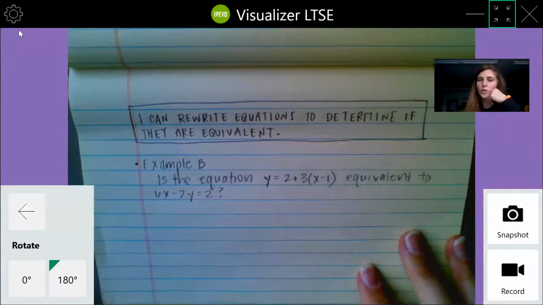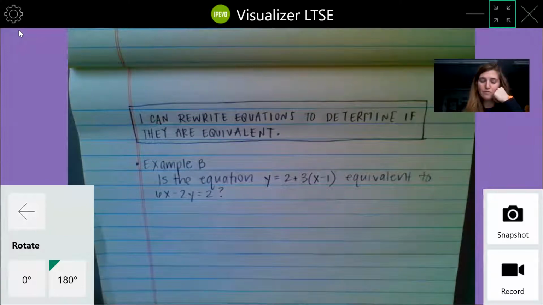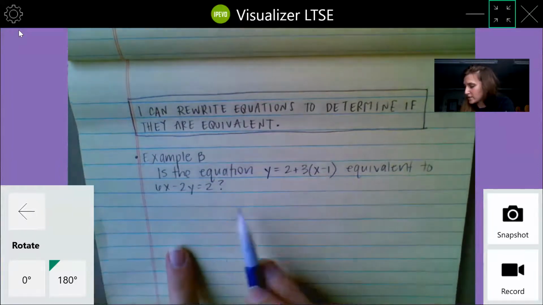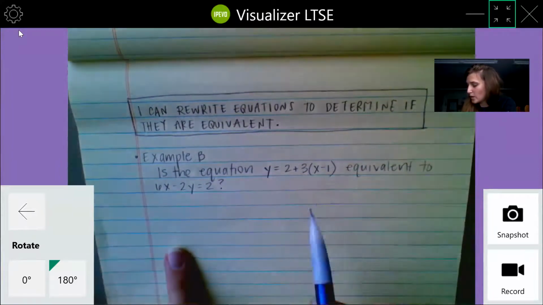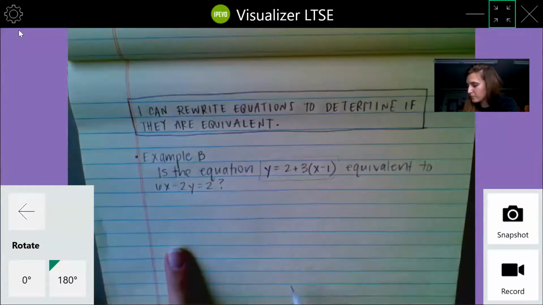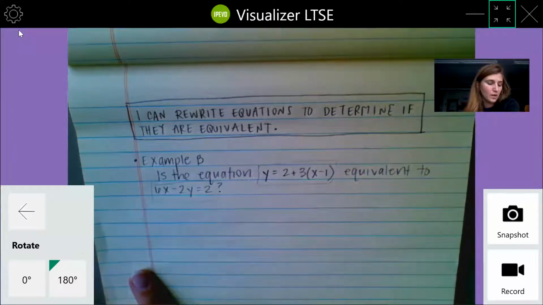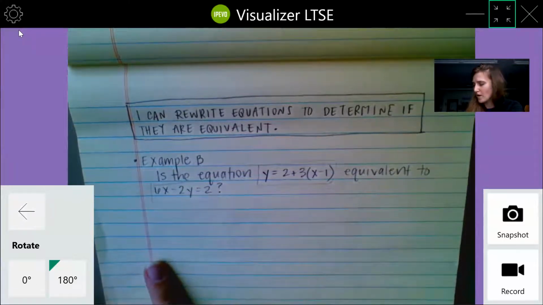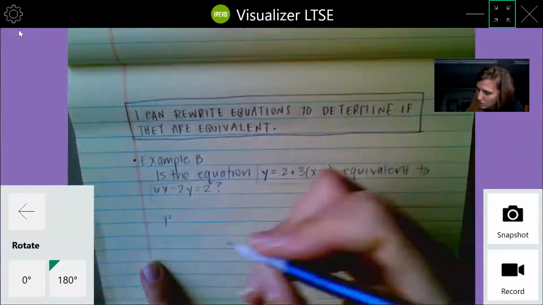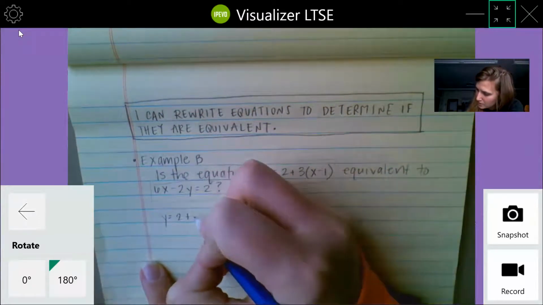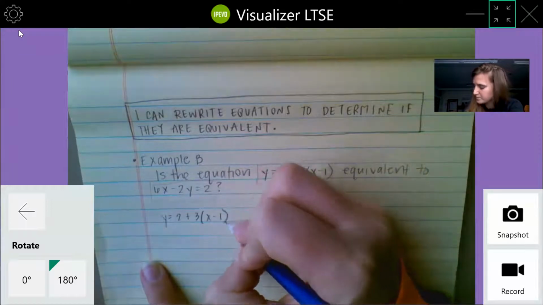So we want to be able to rewrite equations to determine if they are equivalent. So we have 2 different equations here. This one is written in point slope form, where this one is written in standard form. So what we're going to do is change both of them so that they're written in slope-intercept form. So for this equation, y equals 2 plus 3 times x minus 1,